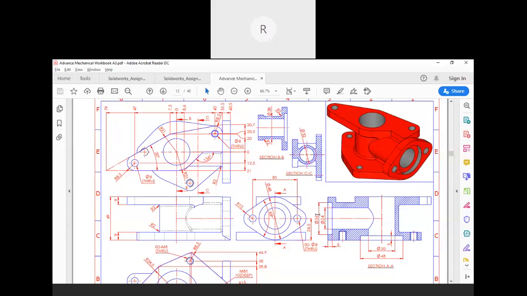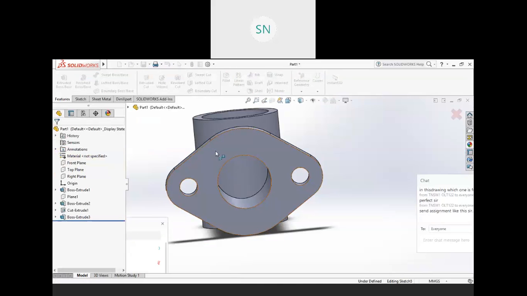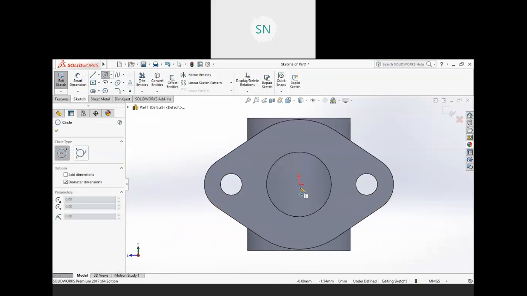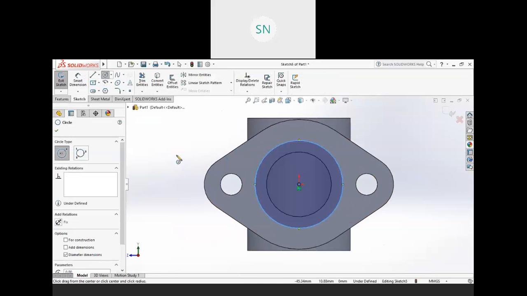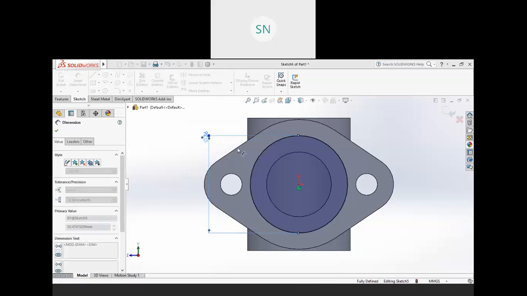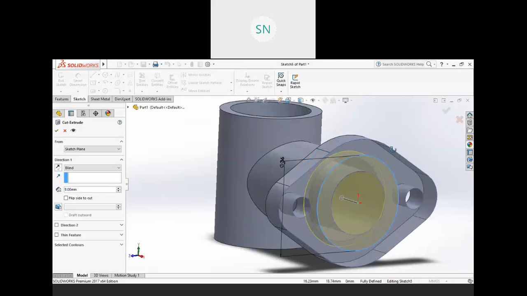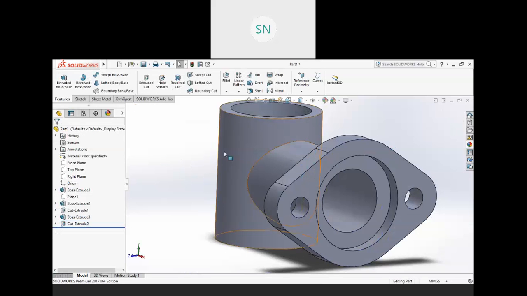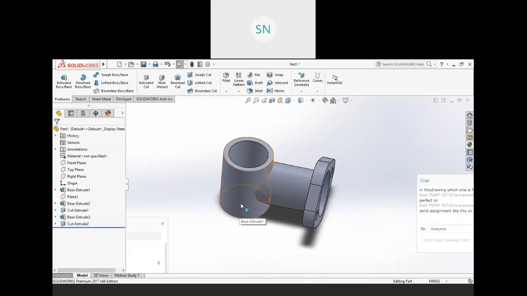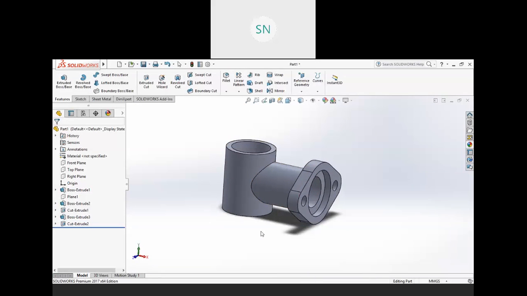Okay, now we have a 36 mm diameter slot of 5 mm. If you don't have any question, then please mute yourself, so my voice will be clear to you all, right? 36 finish and 5 mm depth. Okay, so that's it. Like this you have to do on top and on bottom. That's it. This is your part.